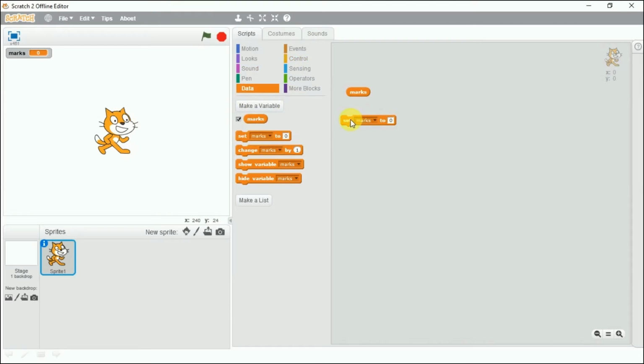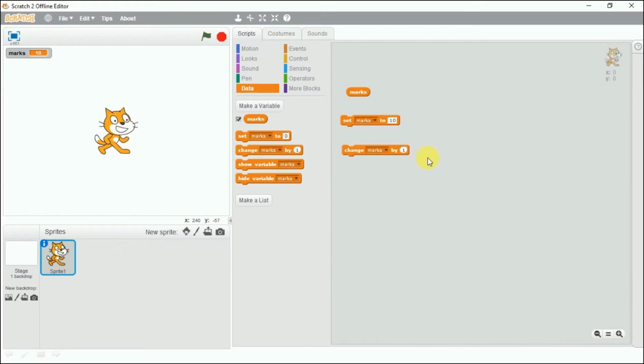Set marks means, like my marks is at 0 and I want to set it to 10, so at the beginning everyone will have 10 marks. And whatever value I want to give, I can give. If I want to change it, for example, in the next exam the student has performed well, or in a game the person has scored more, then in every iteration of the blocks the marks will increase by 1.